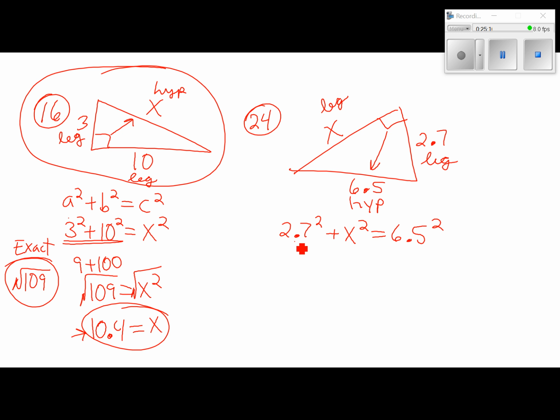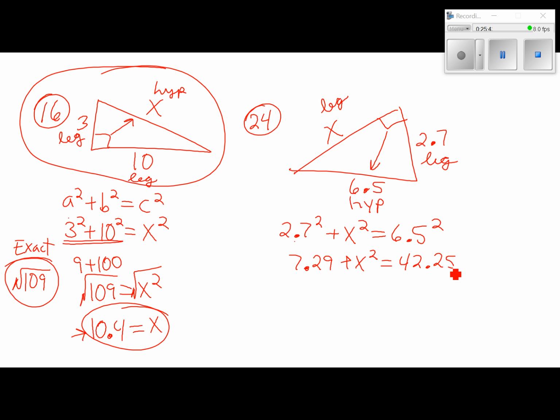I'm going to go ahead and just work it out here, and then I'll go back and maybe show you how to do it so that you don't have to keep punching in stuff in your calculator all the time. So we get 2.7, we square it, not square root, but square it. Comes out 7.29 plus x squared equals, we do 6.5 squared, comes out